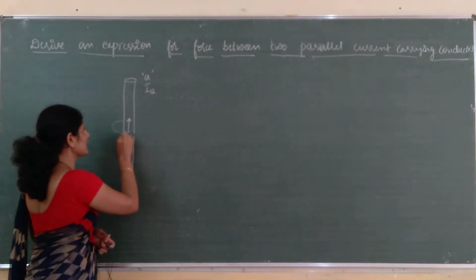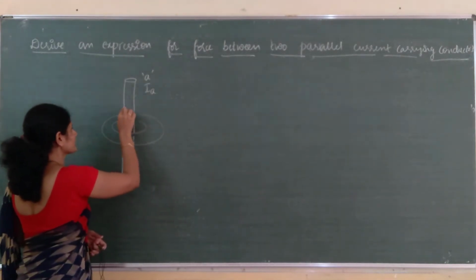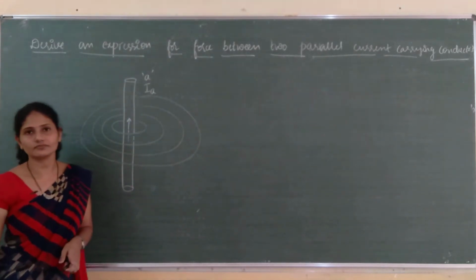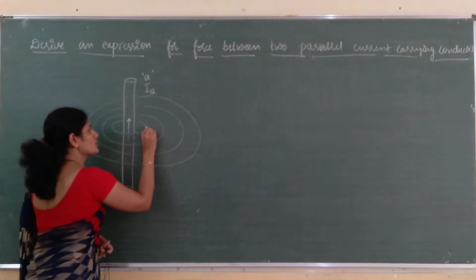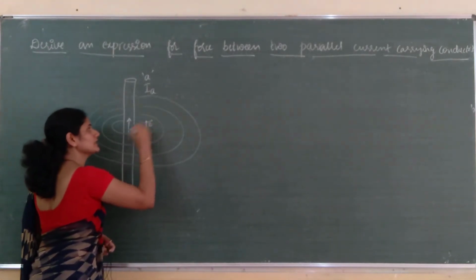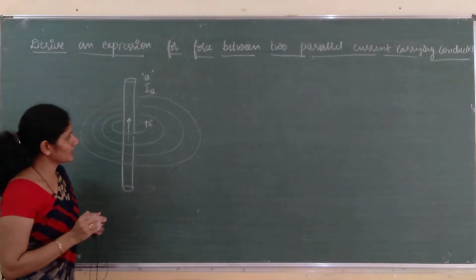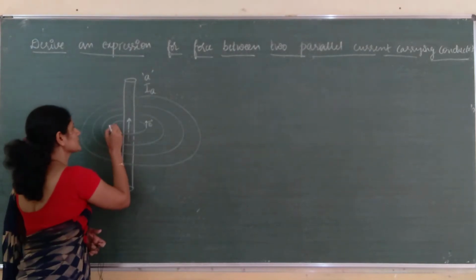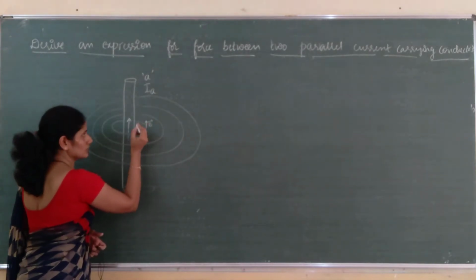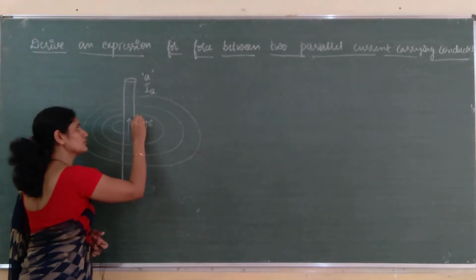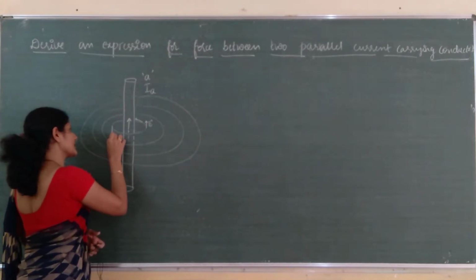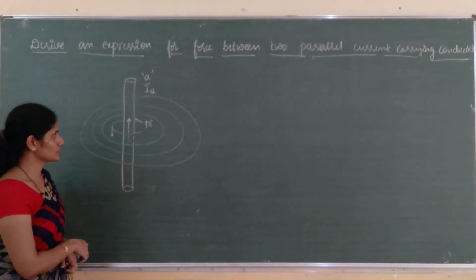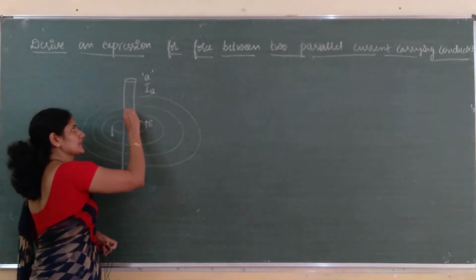The magnetic field lines are closed loops. So, the magnetic field lines are like this, right. At this point this is the direction of the magnetic field. If you want to find out the direction, then you have to draw one tangent at the point. Here, if you want to give the direction of the magnetic field, you have to draw one tangent here. So, this is the direction of the magnetic field here. This is the current IA.